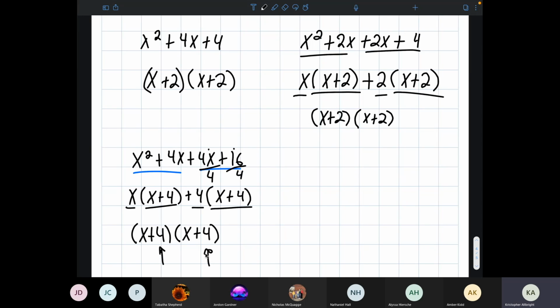So there is a shorter way to go about this when you're actually given a problem, but factoring by grouping is something that you do need to know for another type of thing, and this is the easiest thing to teach it on. So if we do x squared plus,